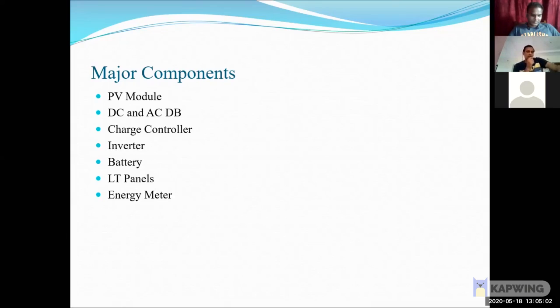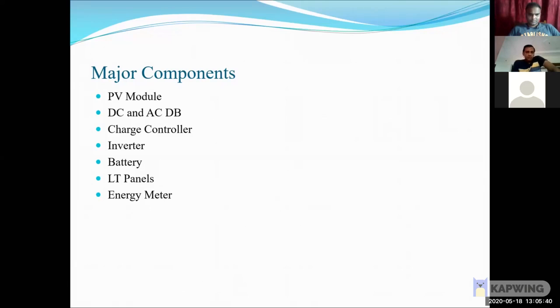After that, the inverter output goes to the LT panel, or if it's a home-based system, we don't have an LT panel; we have a small panel near the meter. It's a small type of junction box only. And next, most important is the energy meter. Because it's a grid connected plant, we need to use an energy meter. Which type? It's an import-export, or bidirectional, type of energy meter. So these are the basic components we use for any rooftop solar plant.